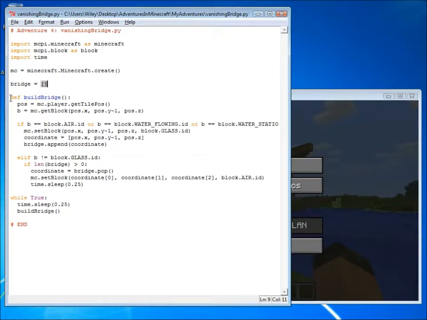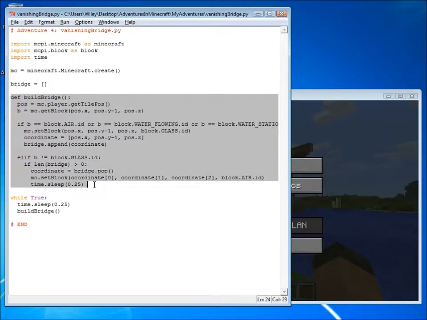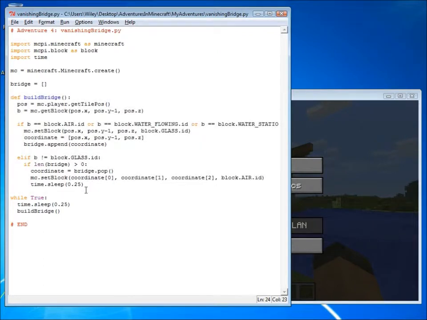The program uses a function called buildBridge. And what buildBridge does is works out whether to put a glass block down below the player or to remove the glass blocks that it's already created. And buildBridge is run from this game loop over and over and over again. So what buildBridge does